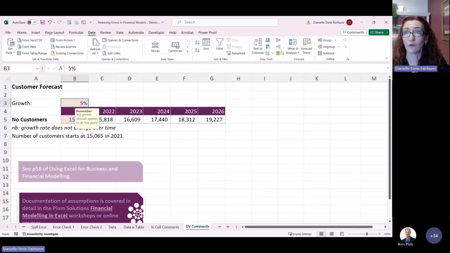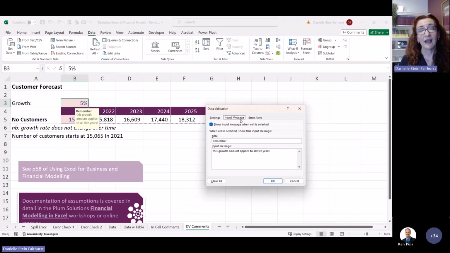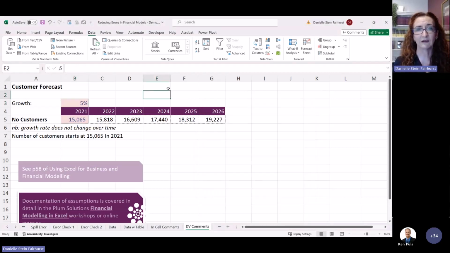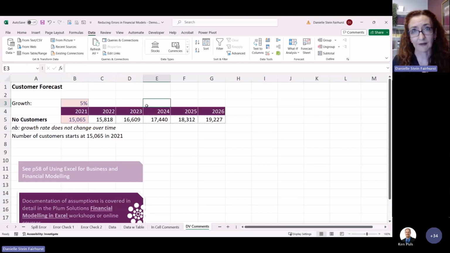Another method, though, is to have the little in-cell comment show up, and that's just using your data validation. So, just going into your input message, and I quite like that for modelling, and more for your users. Rather than having a whole lot of instructions, you can make it quite discreet, because they don't see it unless they click on the cell. So really simple. You click on it and it says, remember that the growth applies to all the 5 years, things like that. Just things that you want to make sure your user is aware of, and this can reduce the errors of them using the model for sure.